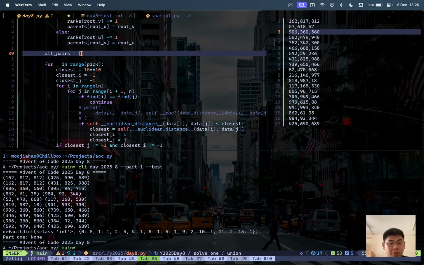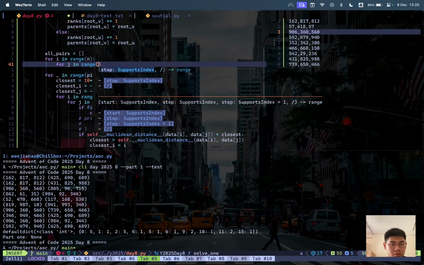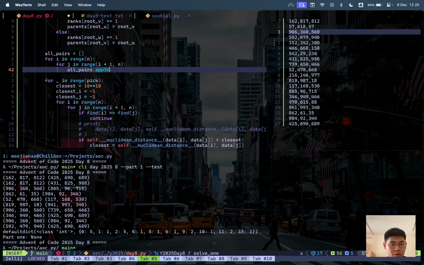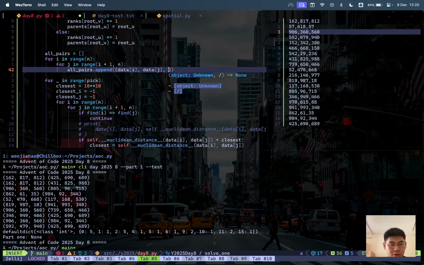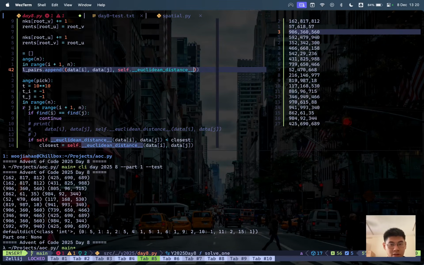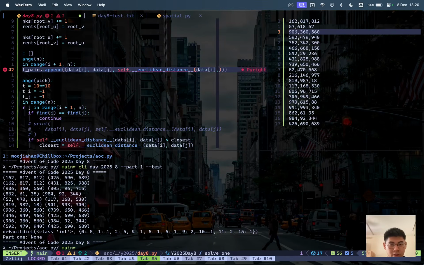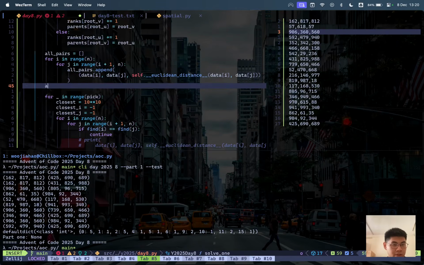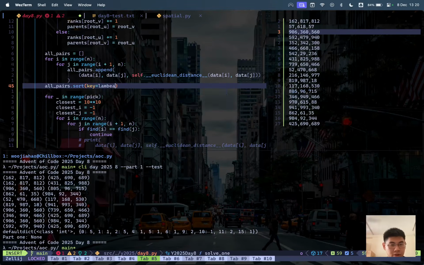if we just generate all of the pairs first. All pairs append data of i, data of j, and the Euclidean distance of data of i, data of j. And then we say all pairs sort, lambda x,